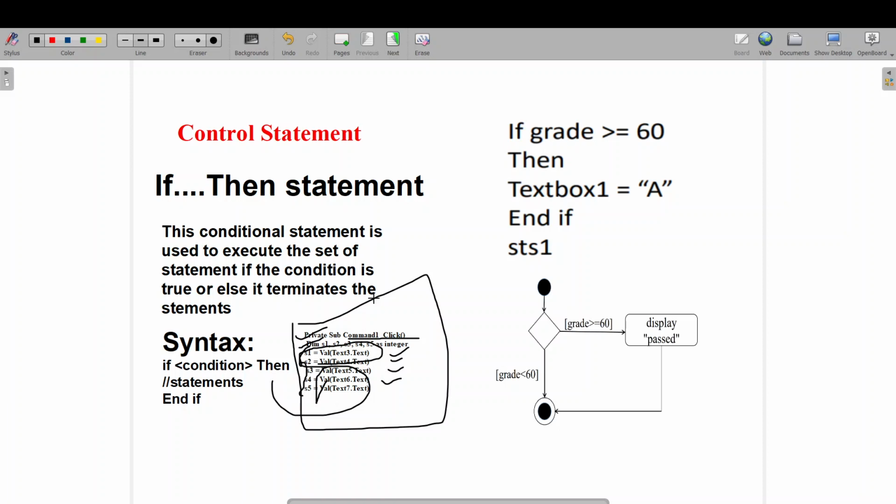So what is the concept behind this control statement? Control statements are statements that control the execution of programs on the basis of some specified condition. We'll give some condition, and according to that, it will check the condition. If my condition is satisfied, it will execute a block of statements. If it fails, it will execute another statement and keep with the flow. For that purpose, we are using control statements.